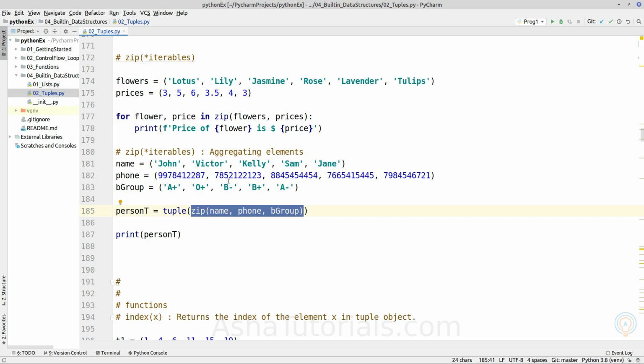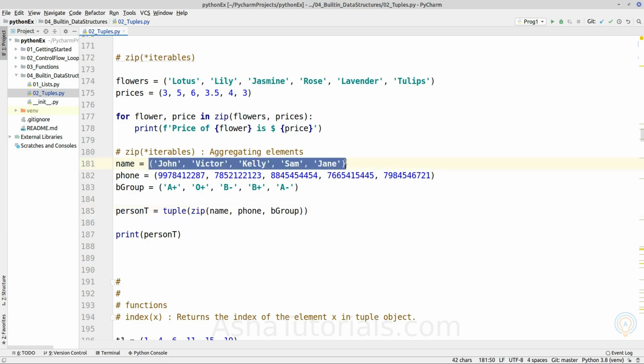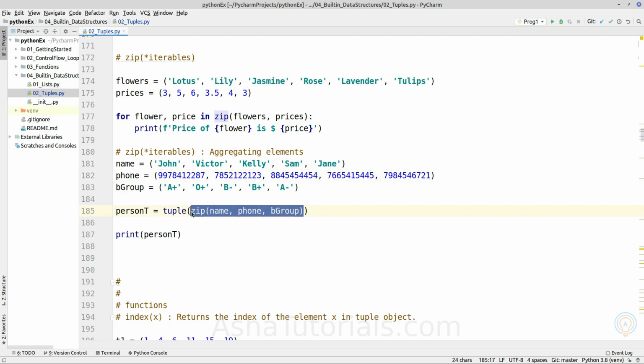So if we have 3 different iterable objects, which here are tuple objects, and we provide them inside a zip function, it will return a generator object, and the same generator object is passed to the constructor of the tuple class.